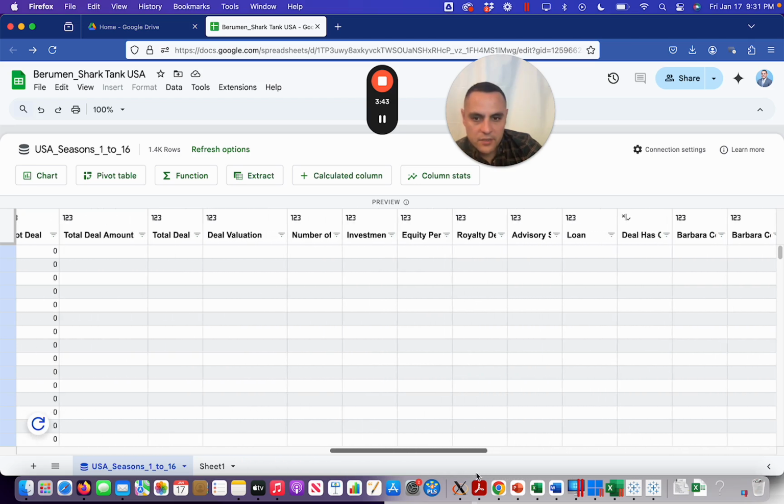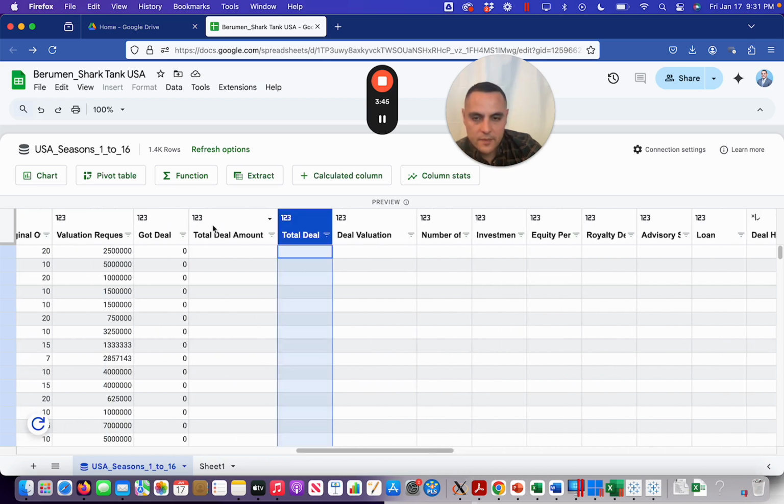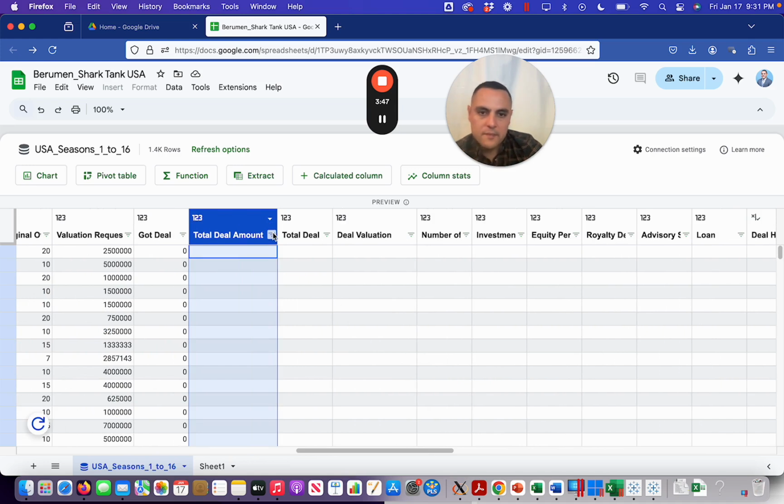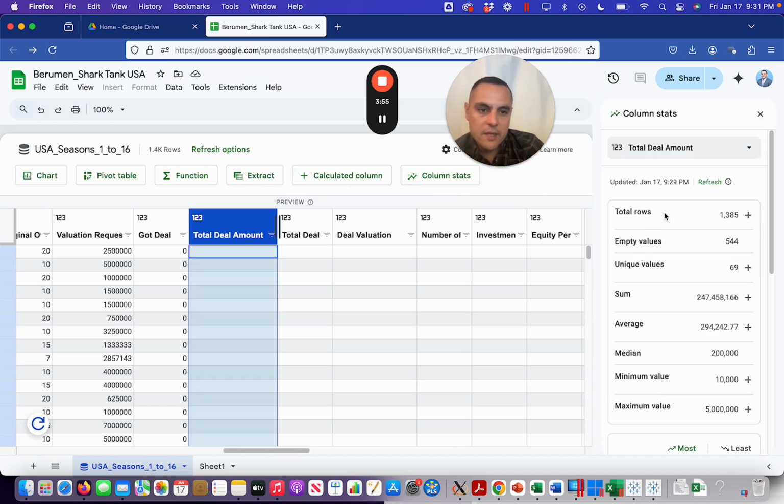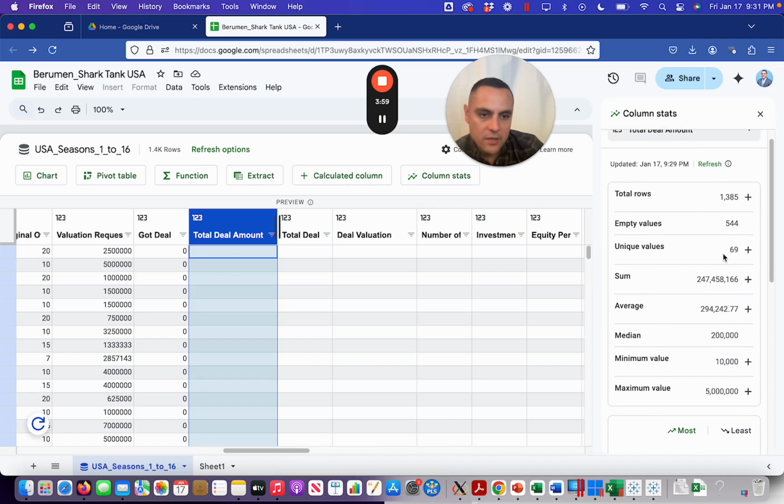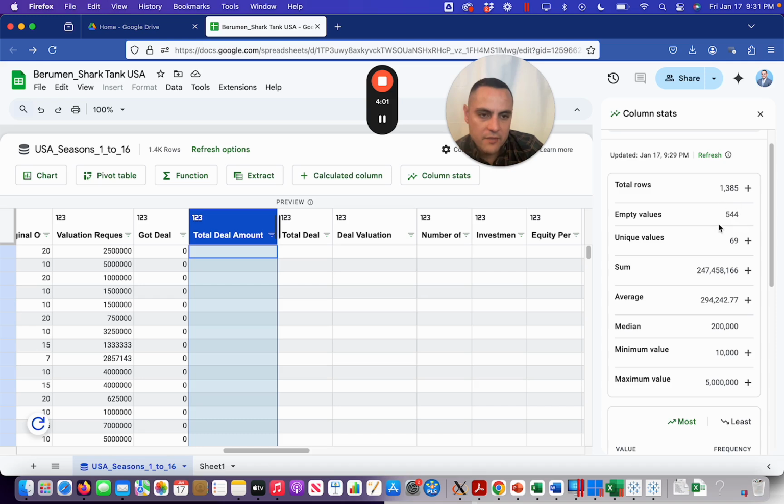If we go to the deal amount, I can generate what are called column stats. You can see the total rows, unique values, and empty values, so 544 null values,